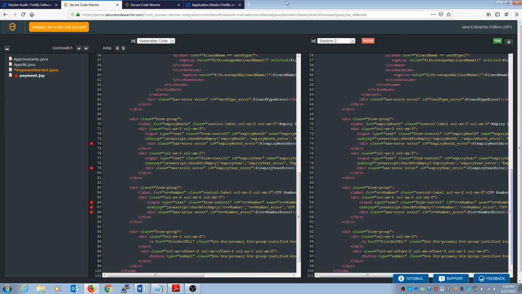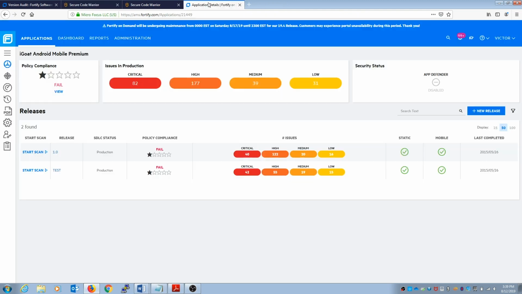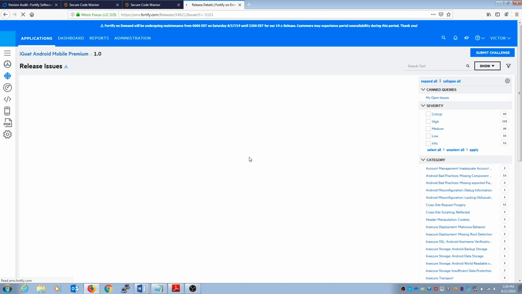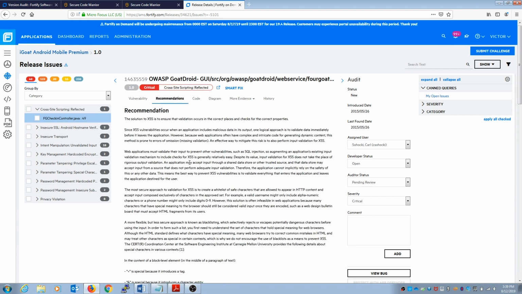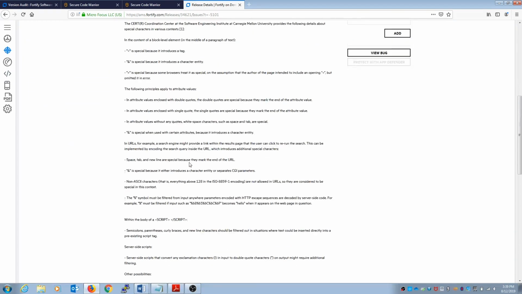And also, the same integration is available through Fortify on Demand. If I'm in the Fortify on Demand UI, I can go ahead and take a look at my security issues. For this particular issue, cross-site scripting reflected, what I would do to launch the application security training from Secure Code Warrior is to go onto the Recommendations tab. If I scroll down on the Recommendations tab,